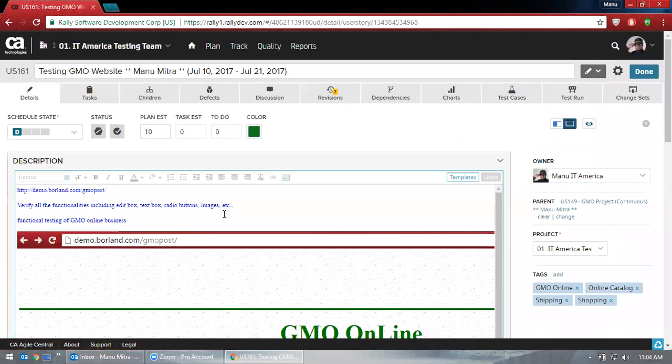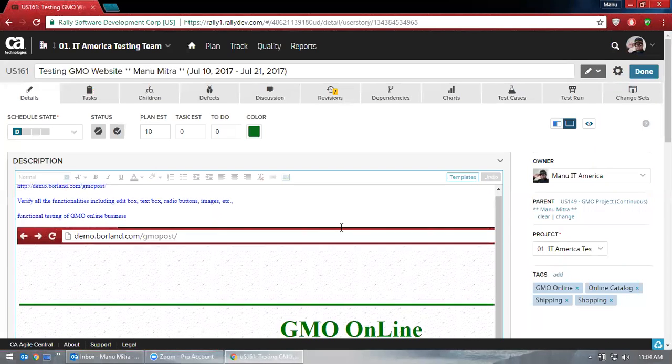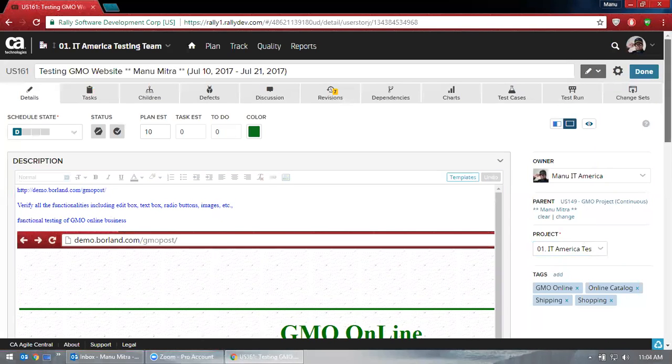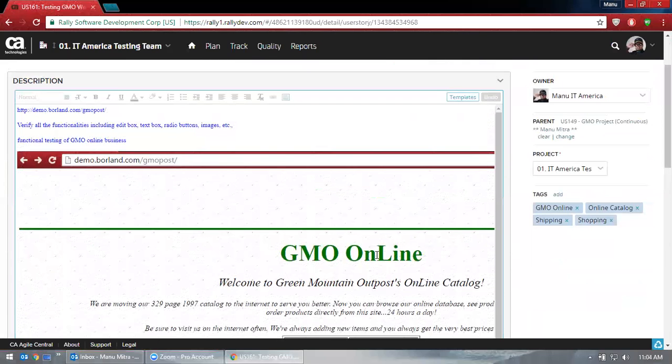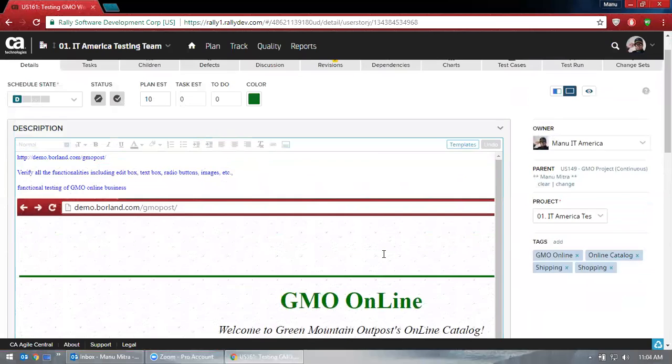Okay, so here is the description. There's a description saying what you need to do with this user story. Now, here I made it easy by putting in a screenshot. Don't expect that kind of leniency from anyone, because